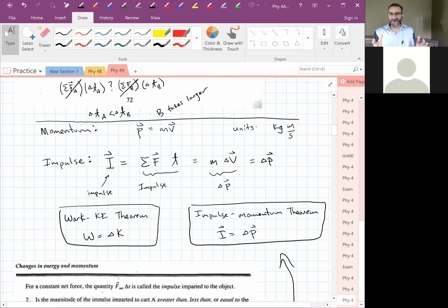We can't use energy, but we can use momentum in those cases. So even if energy is not conserved, and of course by that I mean mechanical energy, right? Sometimes, for example during a collision, some of the mechanical energy, things like kinetic energy and gravitational potential energy